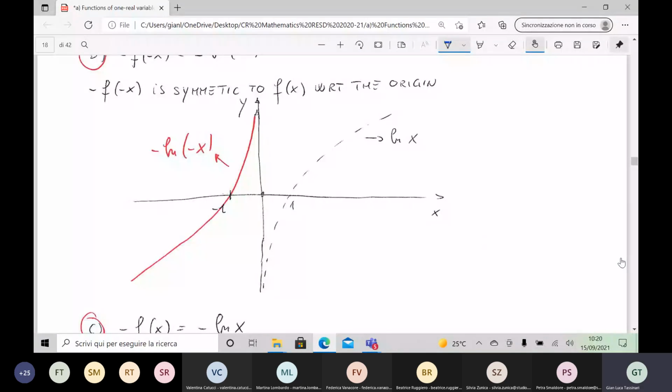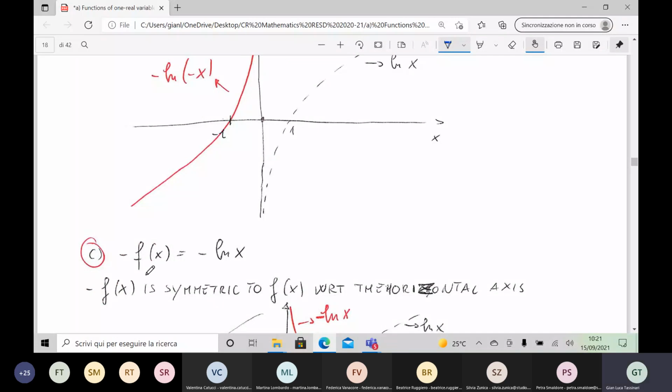Yes, here you see, guys, that as we move in this direction, the logarithm becomes bigger and bigger and bigger. As we move in this direction, the logarithm becomes smaller and smaller and smaller. So the graph of this function is symmetric with respect to this one from the perspective of the origin. I will show another way to plot it in a moment, which is even simpler, because maybe this way to proceed can create confusion. But first, I introduce case C,